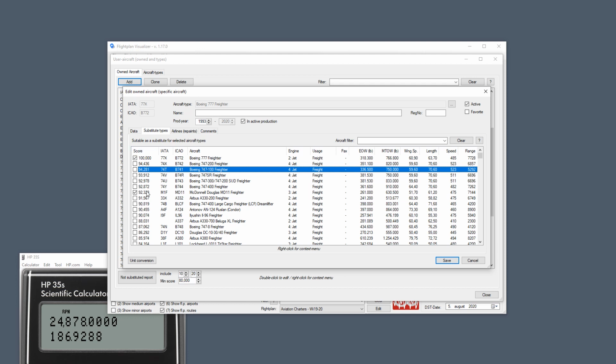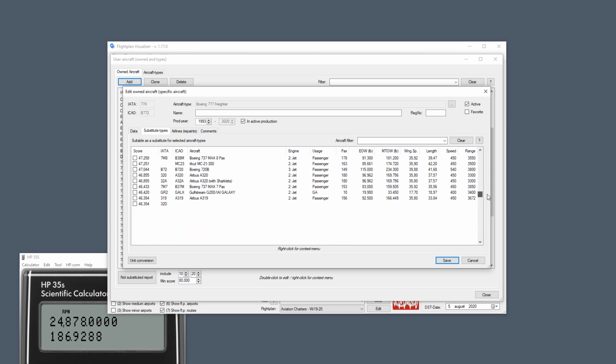So here you can choose which aircraft this one is a substitute for. The reason you would want to do that is because when you perform the leg search, you are now, in this version, able to filter by that, and only include aircraft for which you have an own aircraft that have been marked as a substitute. At least one aircraft type needs to be checked here, and you can check as many as you want, no matter how many